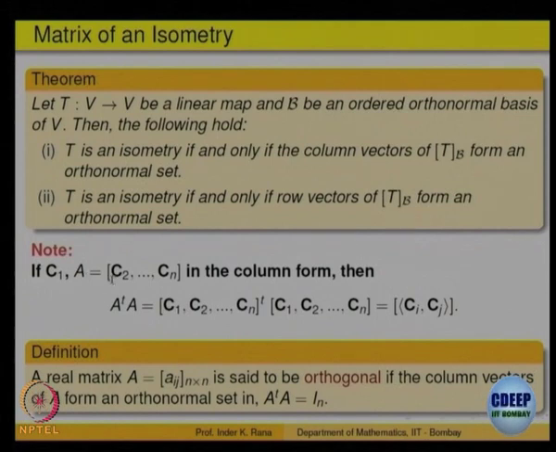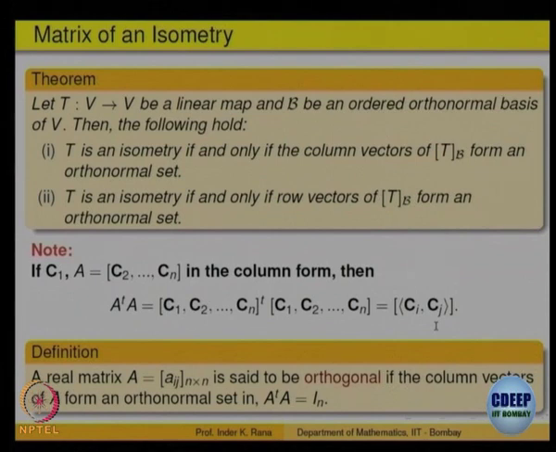So, let us write the matrix A. Its column vectors are C1, C1 should have been here actually, okay, typo. So, let A be a matrix whose column vectors are C1, C2, up to Cn. A matrix can be written as the columns only. Then what is A transpose A? Columns transposed will give you the rows. So, what is this? This is just Ci transpose Cj, a row multiplied by a column. So, that means A transpose A is just the inner product of Ci and Cj.